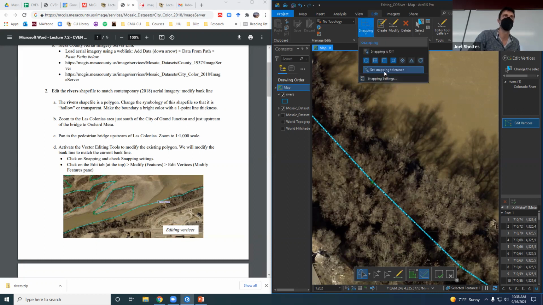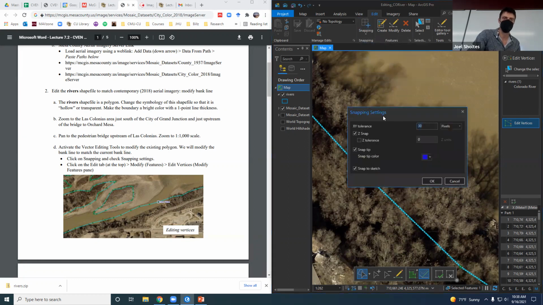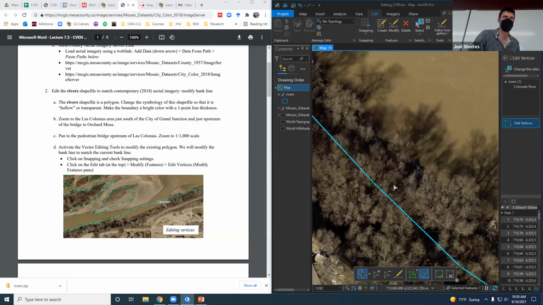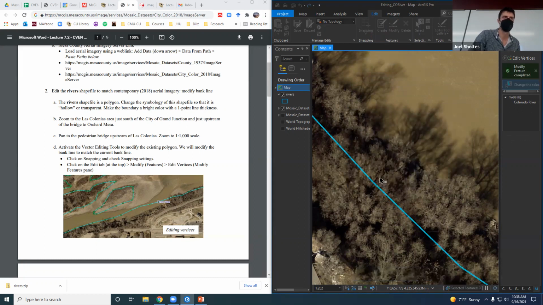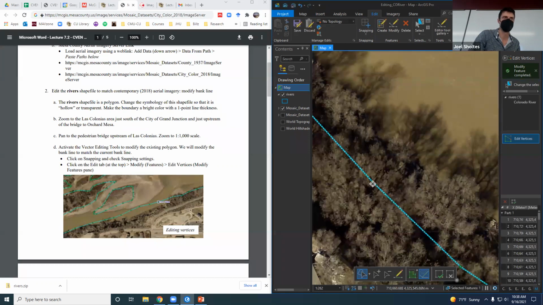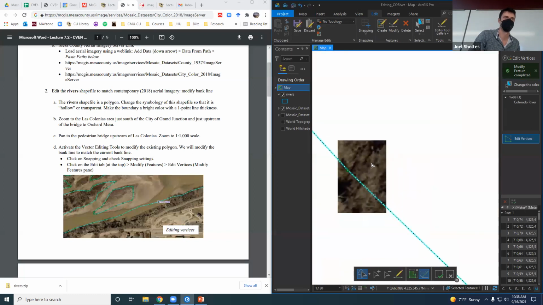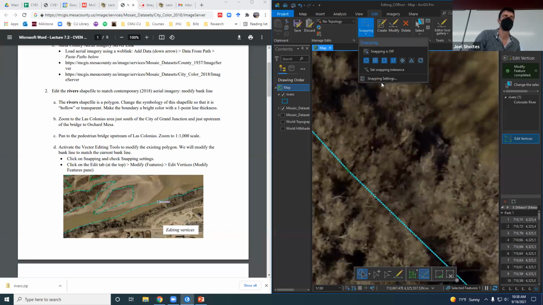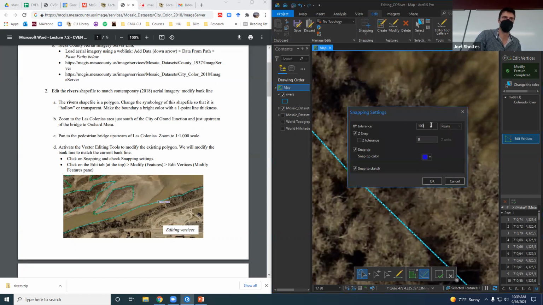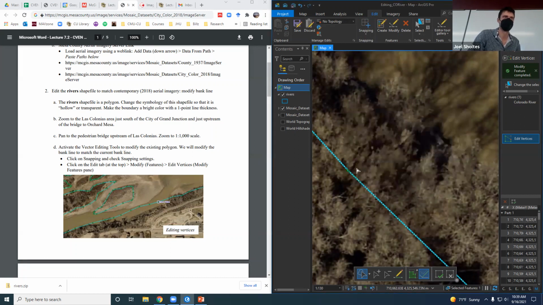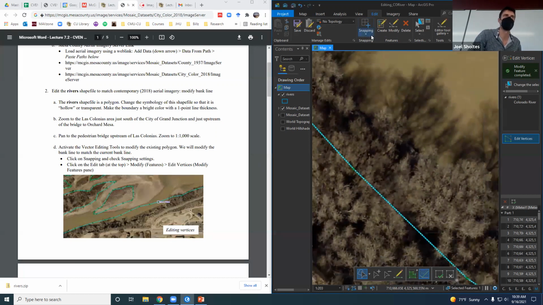Let's make it really big and actually see 100 pixels. Yeah, I guess pixels are pretty small. Let's try 1,000. Well, point is you can update that